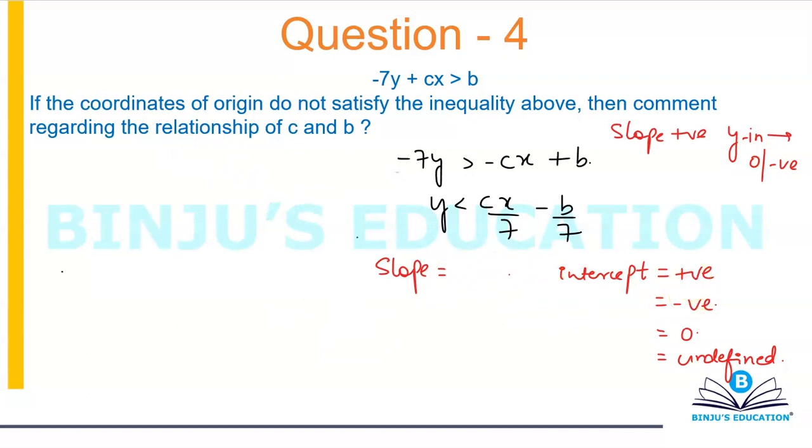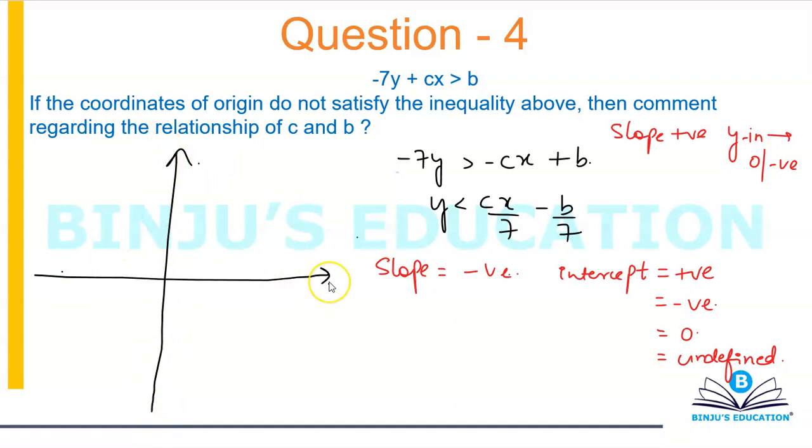The next case we will take is when slope is negative, and again the 4 cases. Slope negative, intercept positive; slope negative, intercept negative; slope negative, intercept 0; slope negative, intercept not defined. That's not possible. The fourth case is not possible, because if slope is negative, the line is supposed to pass through the second and fourth quadrants. And when you say that your y-intercept is undefined, that means the line should not cut the y-axis. So that's not possible.